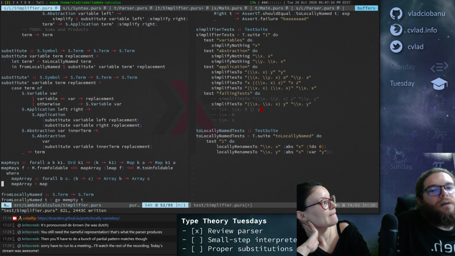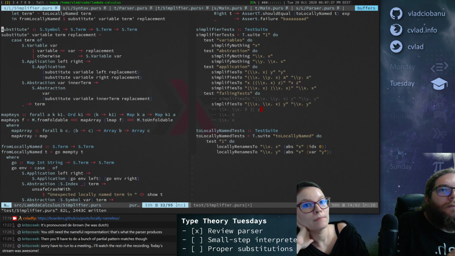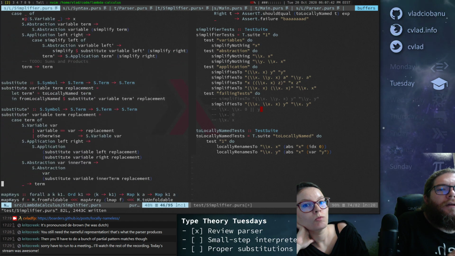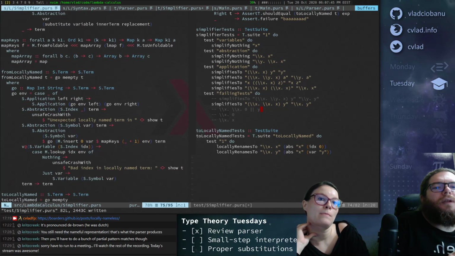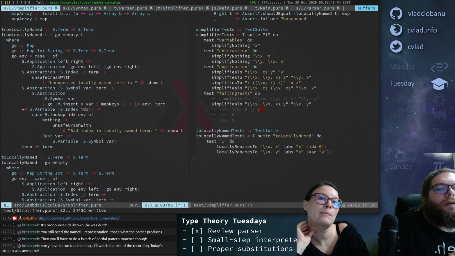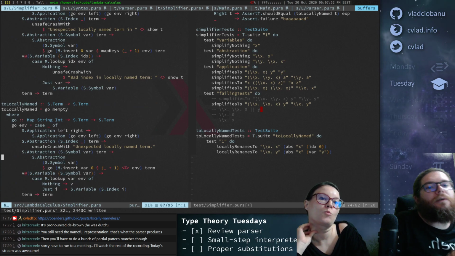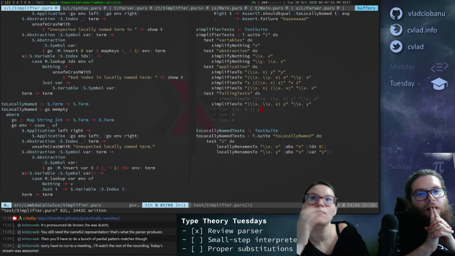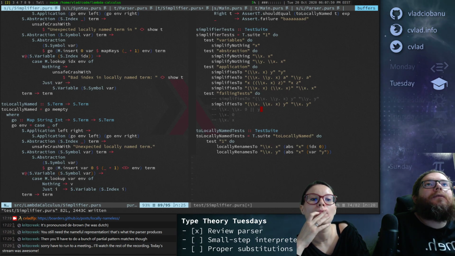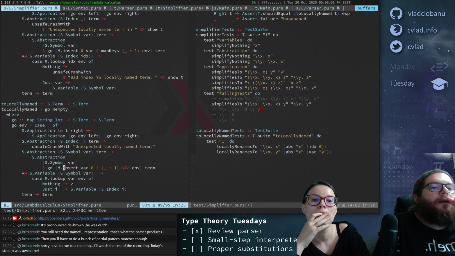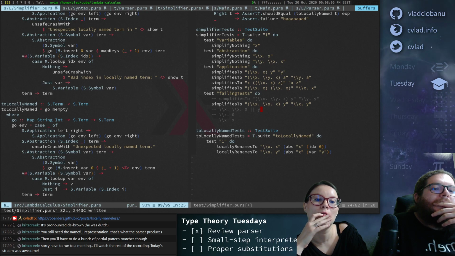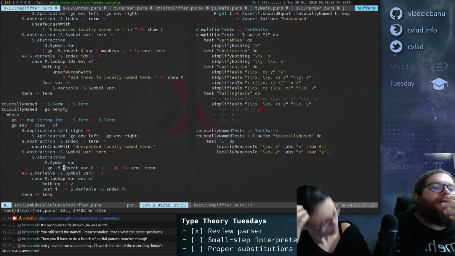Okay, let me think. But wait. Okay, so when we actually do the... right, so I think somewhere to locally named. But what happens with insert? Because we go in. Okay, so we end up giving x the value 0, right?